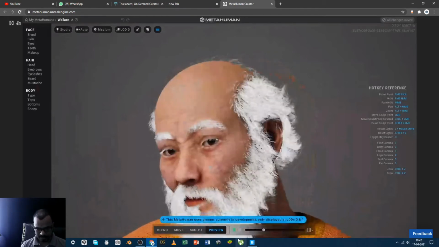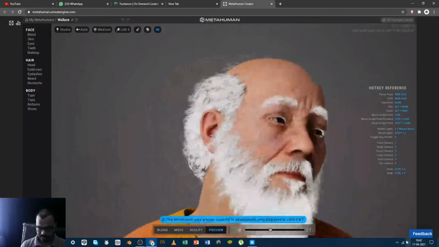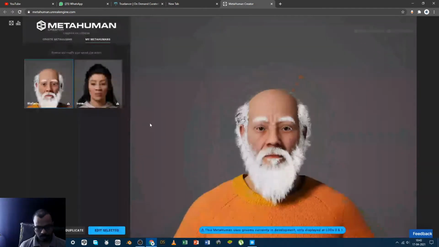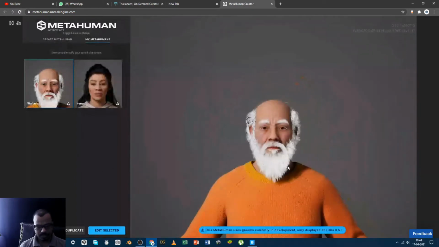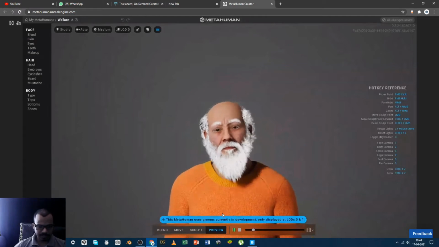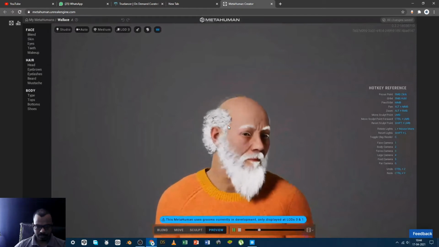Let me change the internet. I have another internet. Let us see how that internet works. So here it is. Here is the character. Net is a bit slow, but I believe we can work with this. Edit selected, and these are the editing modes. It's playing. If you scroll in, scroll out, then it will zoom in, zoom out.